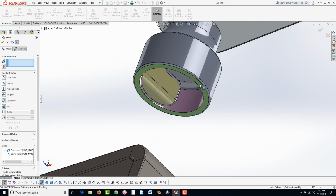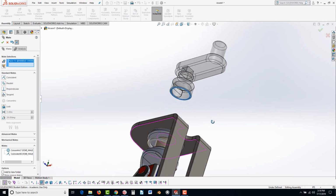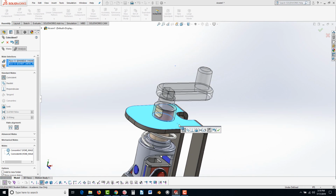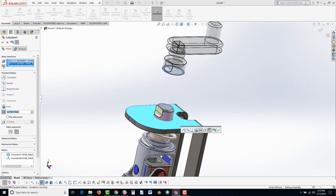Now you'll see this underside green ring. Select that surface, and then select the top surface of the sheet metal bracket. Now, on here we see there's a distance option. Go ahead and select that. We could